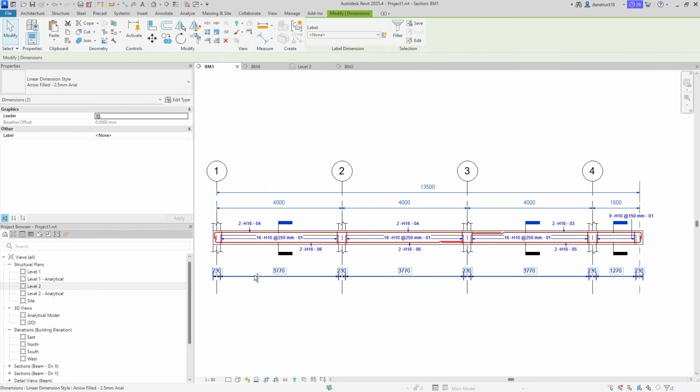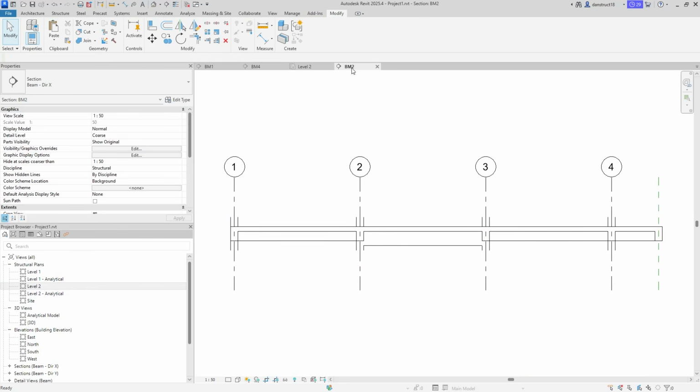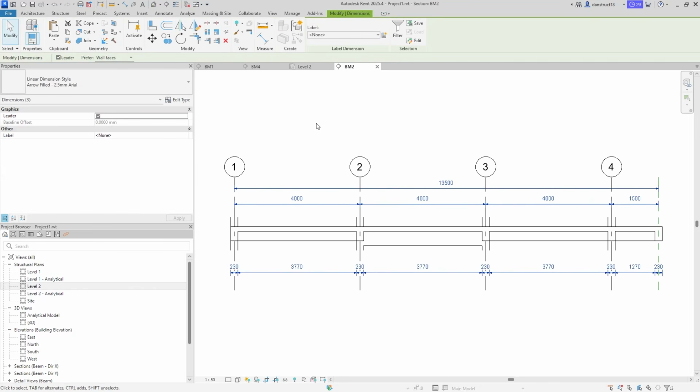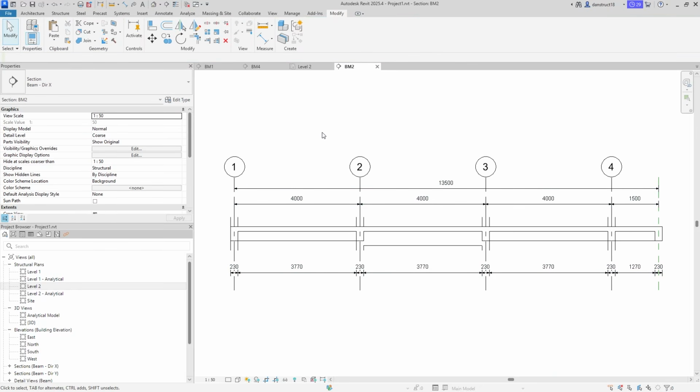I'll hold down the control key, select 3 of them, and I can click on copy. If I come to beam 2, since they are along the same path, I can come to paste and click align to current view, and you can see the dimensions have been placed. All right, now we're going to go ahead and model the reinforcements, but instead of doing that, let's do something